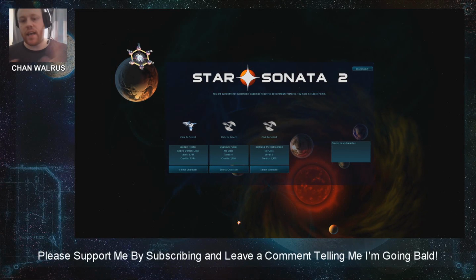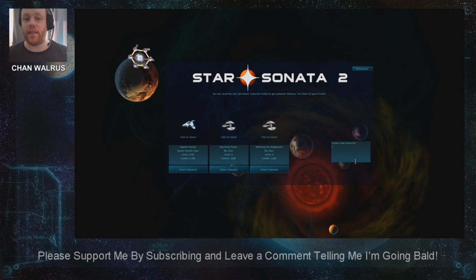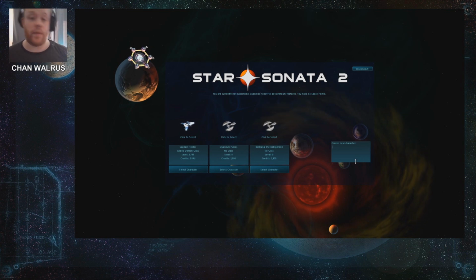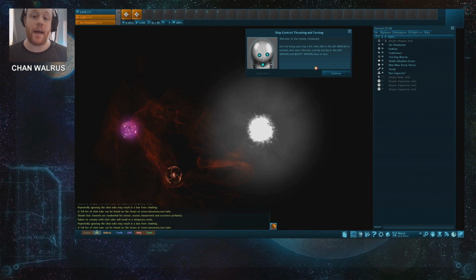Hey guys, this is a game that I've worked on at points called Star Sonata. I'm going to be testing out the new start for the game and basically going through it. So what I've got to do is create a new character so that I can spawn within the start zone. So I'm going to go with Noob Tube, and I'm basically going to be looking at problems within the starting zone of Star Sonata and maybe addressing ways to make the game a little bit better for starting